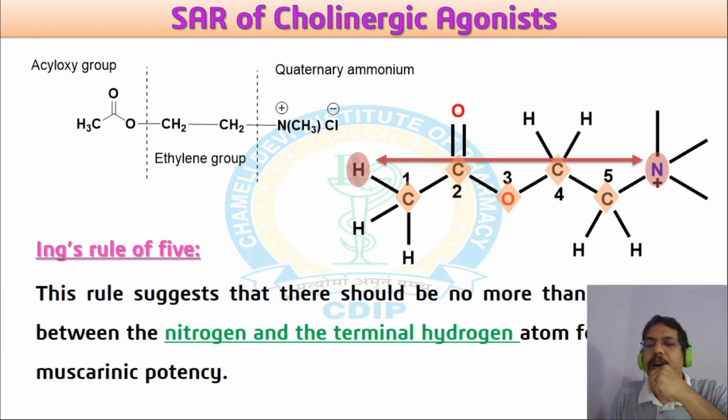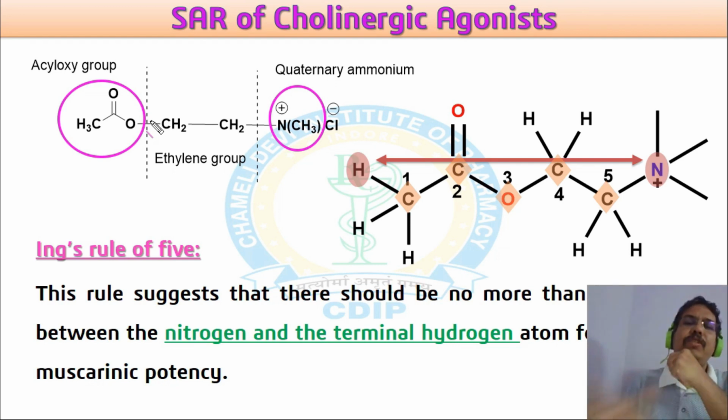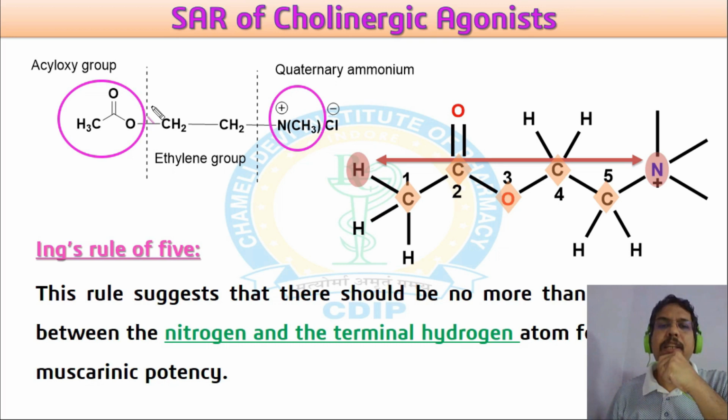So, if you look at acetylcholine, we divided the structure into three key parts or three key areas. One is the acetyloxy or ester group. Another is the quaternary ammonium part, and the thing which separates this ester group and the ammonium part is called the linker or ethylene group. And for better understanding of SAR,